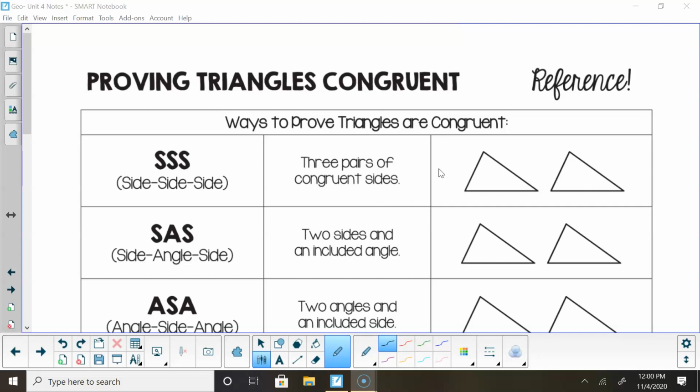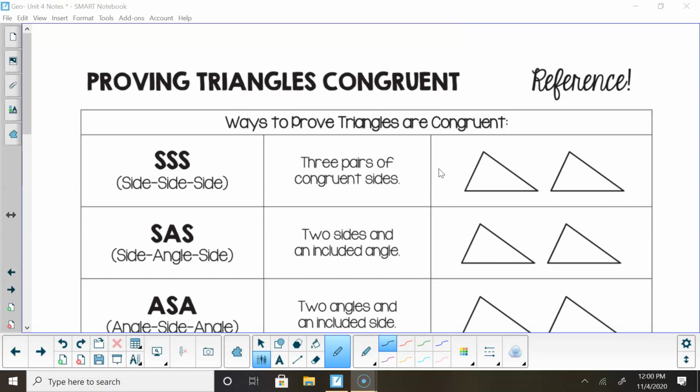But today we're starting proofs with triangles. Before anybody freaks out, we start off with me giving you all the statements. And then I'm going to stop giving you statements because you're big boys and girls and you can handle it. Okay? So, when it comes to the different ways that you can prove triangles congruent, this reference sheet is